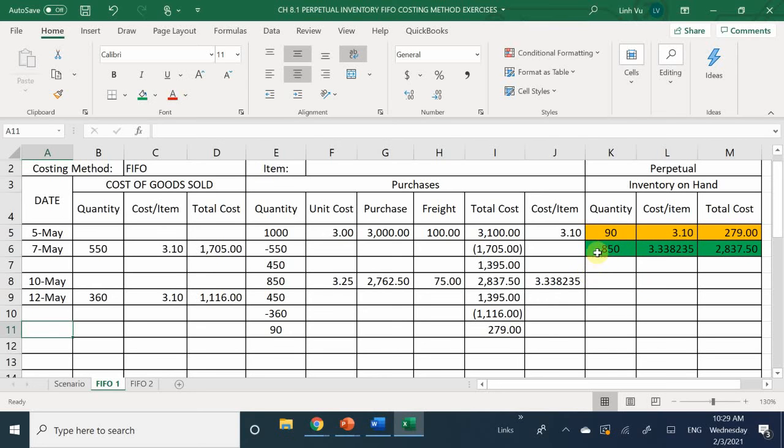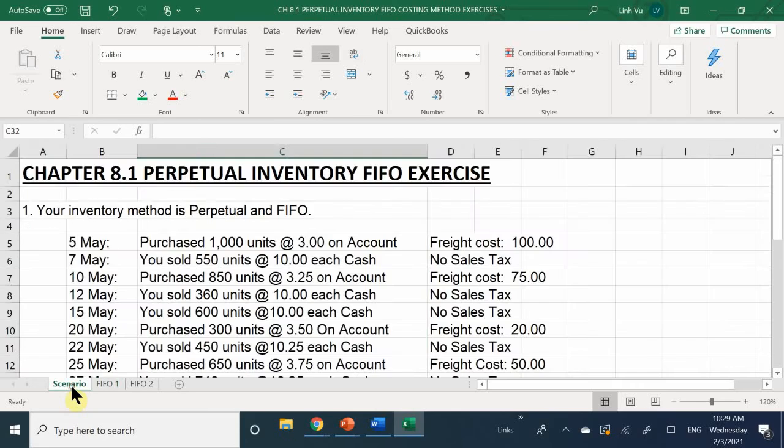However, we also have our green batch. Do we have enough to sell 600 items? Yes, we do. But in this case, we need to split our costs up together. So in this case, we have a total of 600 items sold